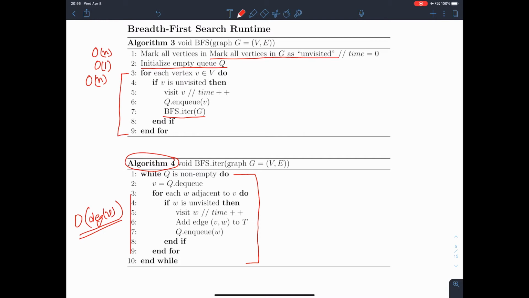That means we sum up the degree of V over all vertices, so we can sum up all the time the inner for loop will go through. We already know what this term means in terms of the number of edges. When we add all the degrees of every vertex, we get 2 times the number of edges. That means this term is order of